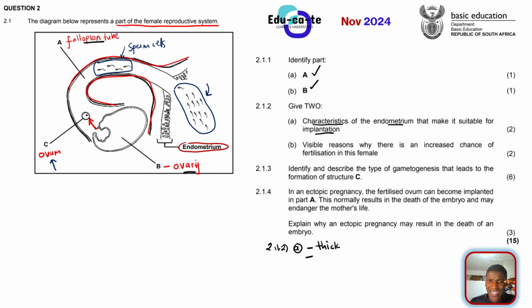You can also say that the endometrium has a lot of blood vessels. So it is rich in blood vessels. Why is this a suitability? Remember, blood vessels such as the arteries and the veins have the main function of transporting oxygen and nutrients to the fetus. For the fetus to develop until it becomes a full-grown baby and is born after 9 months, what must happen? It must be able to eat. It must be able to feed.